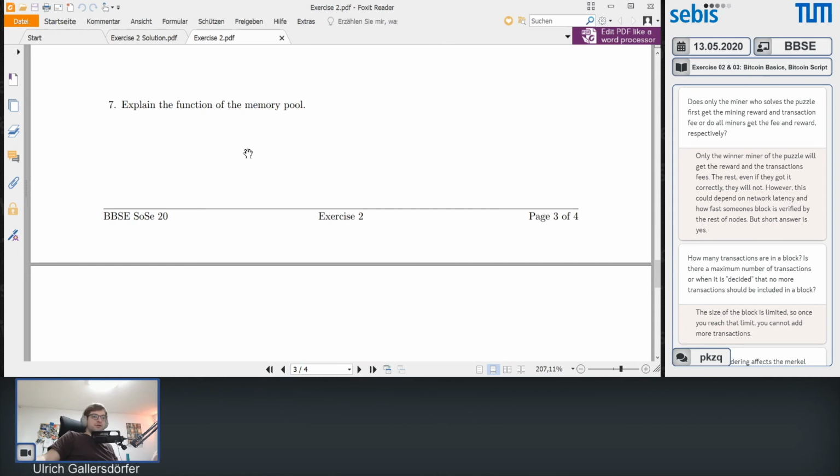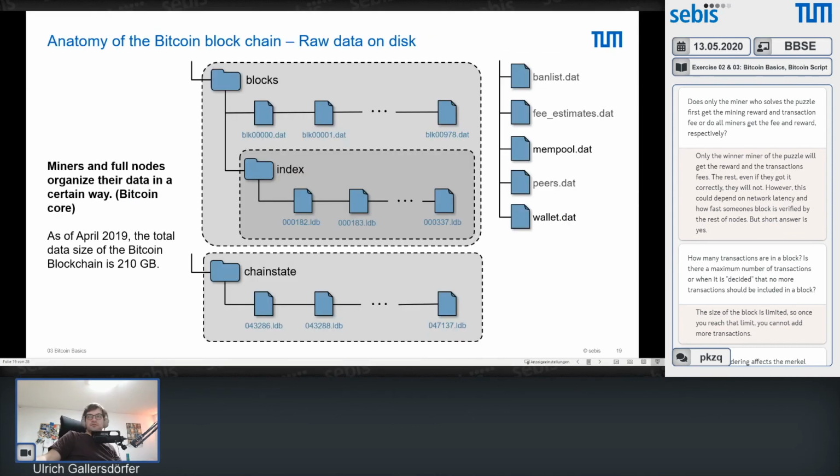Yeah, so there's a question. I think we can go a little bit into that because we do not do this in the lecture. So would you please explain about banlist, fee estimates and peers in blockchain? So this is not